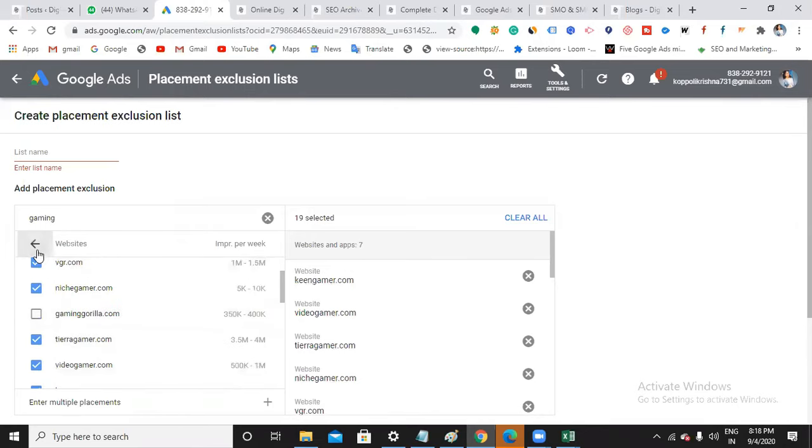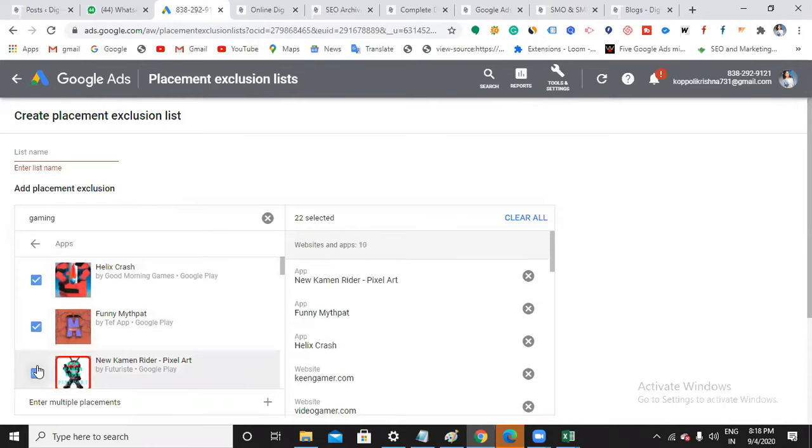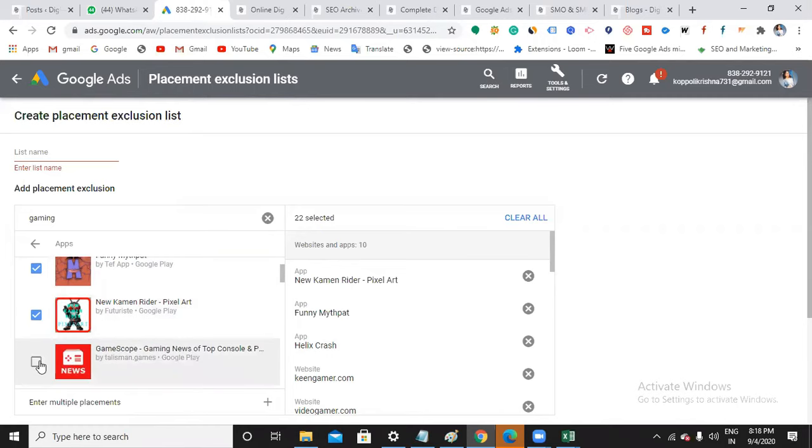In such a way you can choose apps also. I mean, you can't delete, you can just avoid showing your ad in these gaming videos or YouTube channels simply, right?